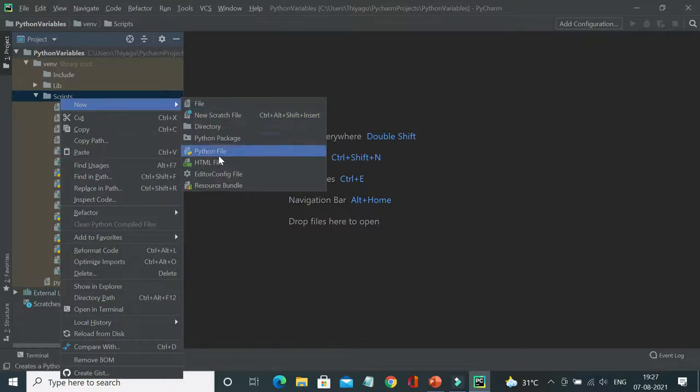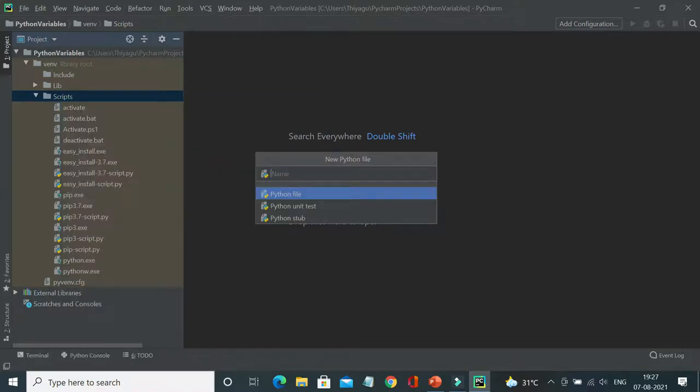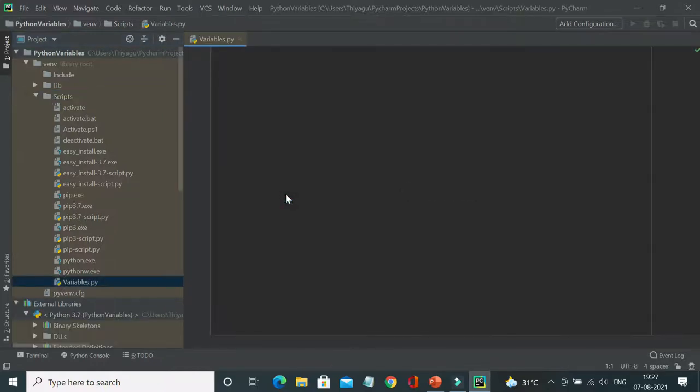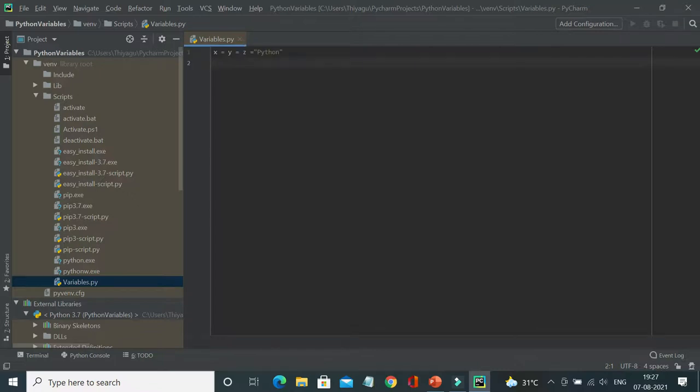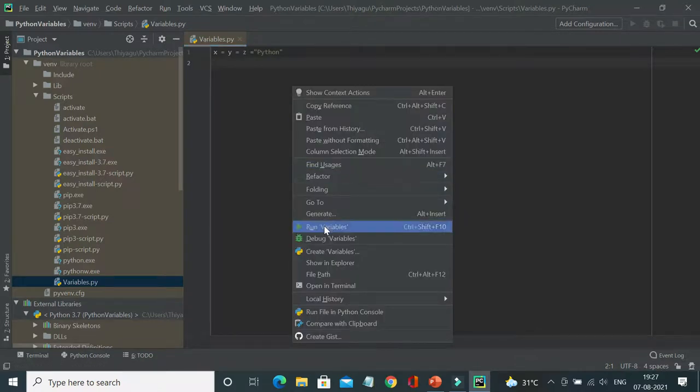Python file, variables. I'm just creating variables. Right. So let me try to see the first example, x equal to y equal to z. If I try to run this,